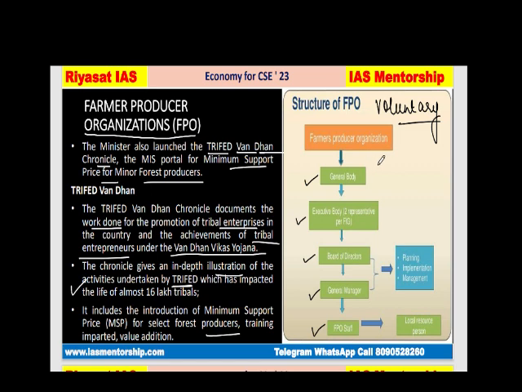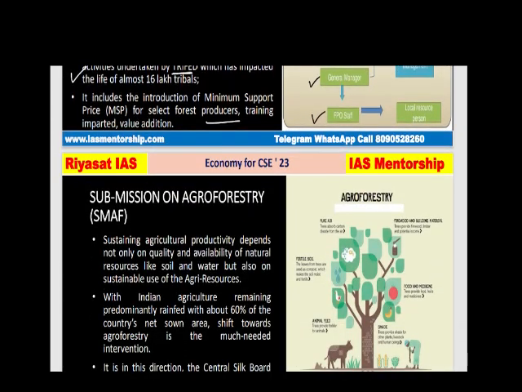It's a voluntary organization. Who is it controlled by? They are controlled by farmers only, farm members only, and they come together to set their policies. They make policies so that they profit in everything. Basically they are a group of farm people who come together to form their own policies, which will help them make their decisions. Clear? Clear. Fine. Let us move ahead and see what is next.